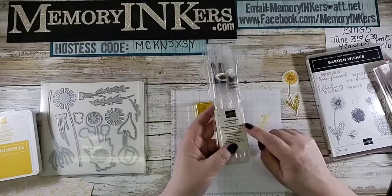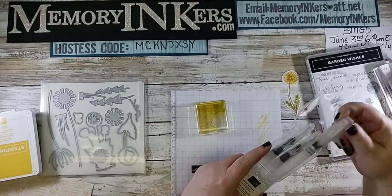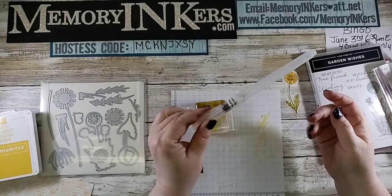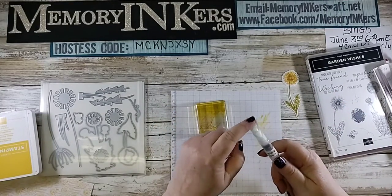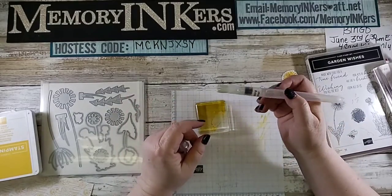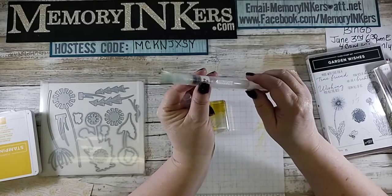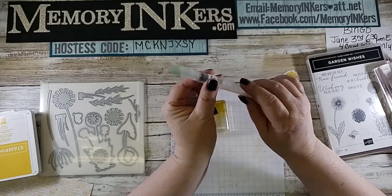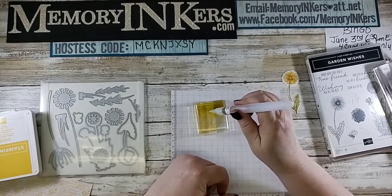I'm going to grab my water painters, and I've marked this one for rubbing alcohol. So I've got rubbing alcohol in here instead of water. And this is the flat bed one. Flat bed? You know what I mean. And this is what's really cool is I'm sure you can't see it on video, but I'm going to see what I can do. But it says push, push. So you know to squeeze. So I'm going to squeeze it